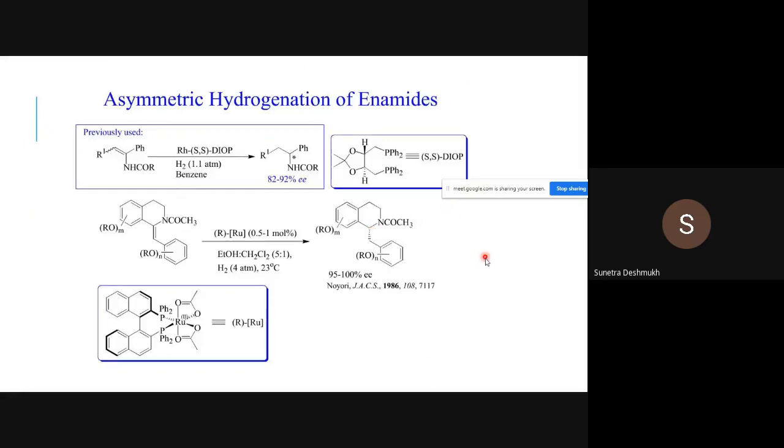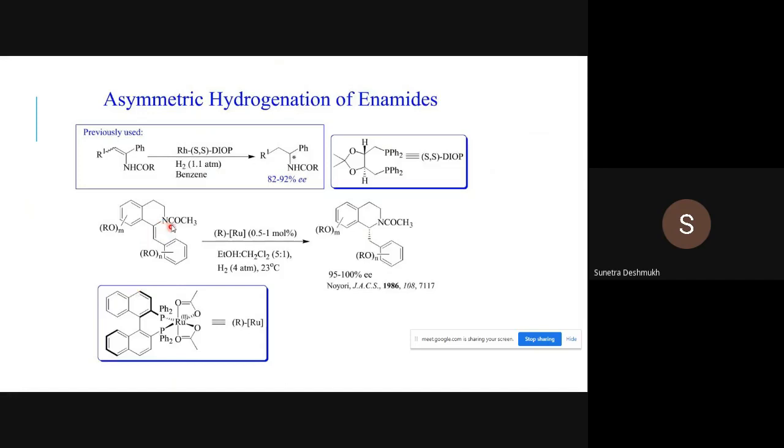So, asymmetric hydrogenation of enamides, the next example, is here. Again, a rhodium based catalyst. Okay, I have given some examples in previous videos, so you can refer to those. So again, this one is an enamide, NHCOR with a carbon-carbon double bond, and we hydrogenate the carbon-carbon double bond. This creates one new chiral center here with an enantiomeric excess of 92%. The structure of the ligand is given here.